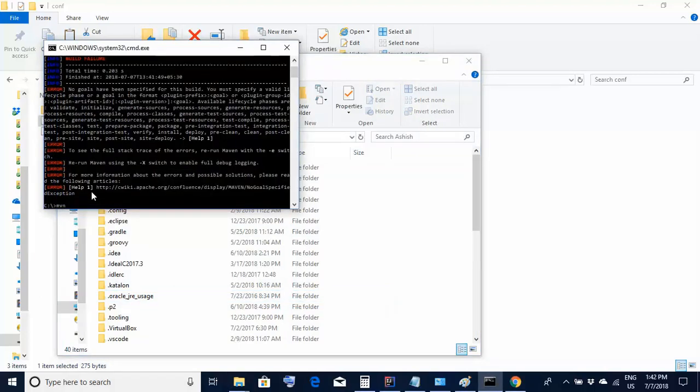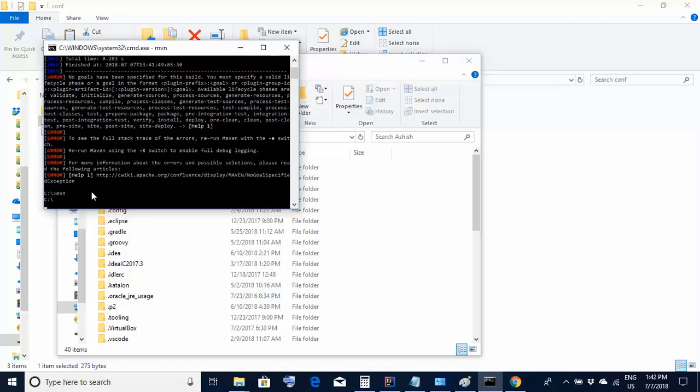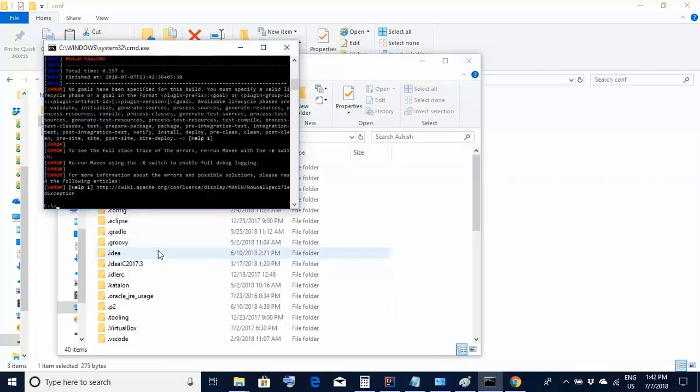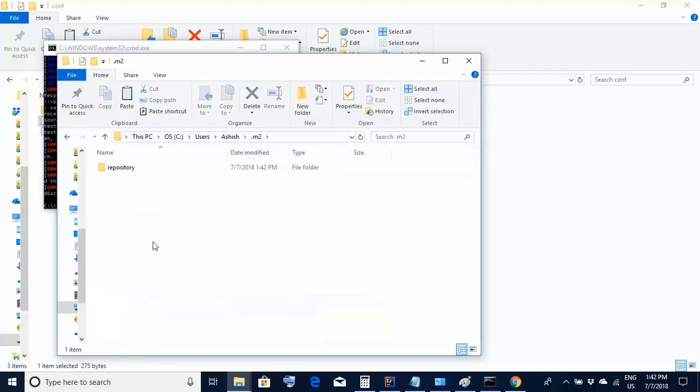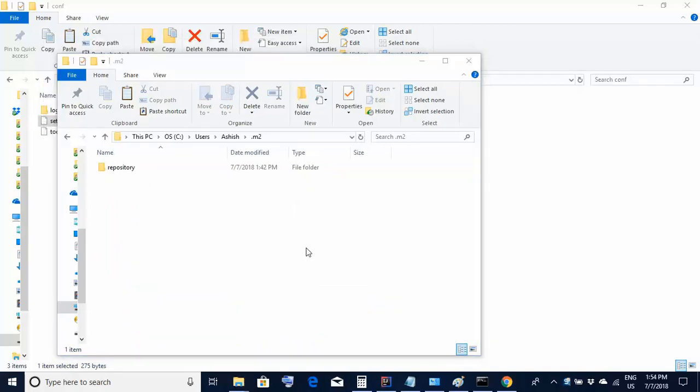So again I type mvn on the command prompt, hit enter, and now if you see, this .m2 folder has come again. Now this is very important. This is the magic of Maven. Maven automatically creates the repository, and now one question would be coming to your mind: what would be stored in this repository? I'll answer this question, but before that, if you would see our settings.xml file once again,